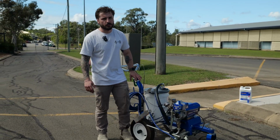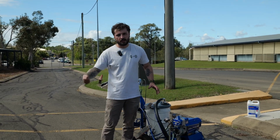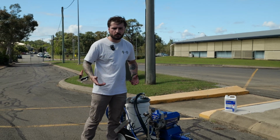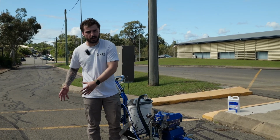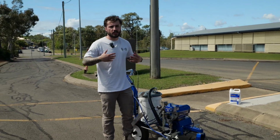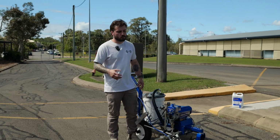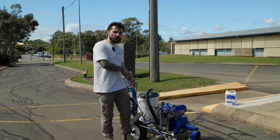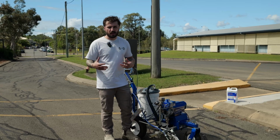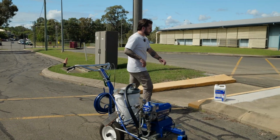And then what I like to do is, in my waste pail, start the flushing process through the gun. So again, repeat the same steps, but instead of into the paint, reclaiming the paint that's in the line, into a waste pail, just flushing through with water. And you want to keep flushing that through until it's relatively clear. It'll look milky if you're doing white. And that's when you want to swap to another fresh drum of water and flush that basically fully through until it's basically clear. And then when you're not using the unit,